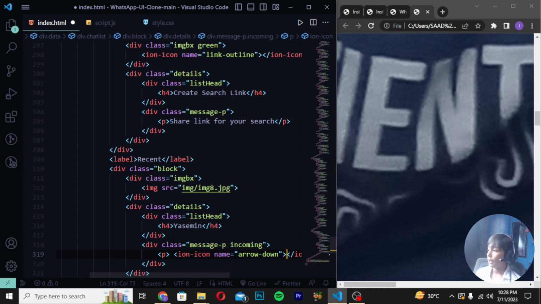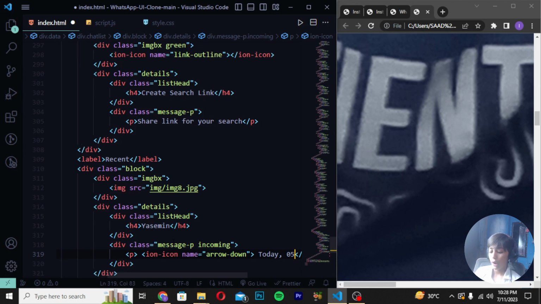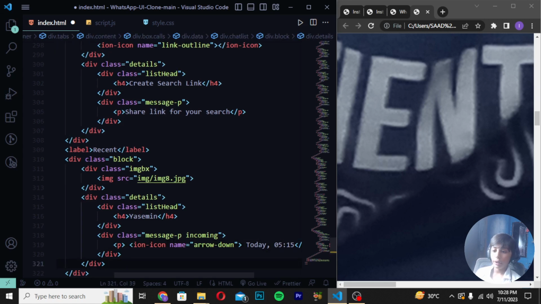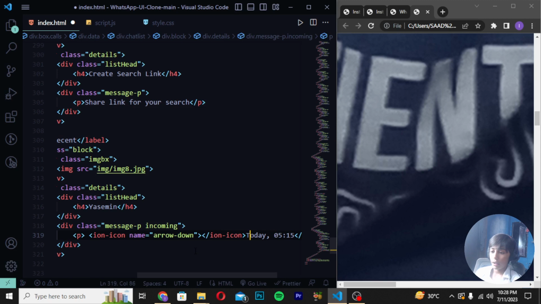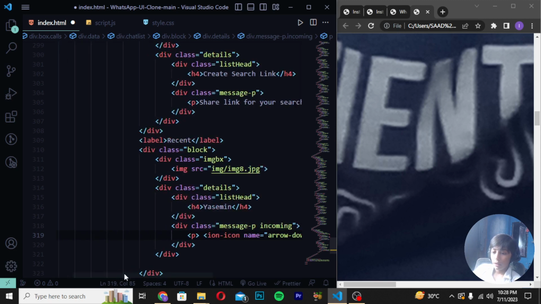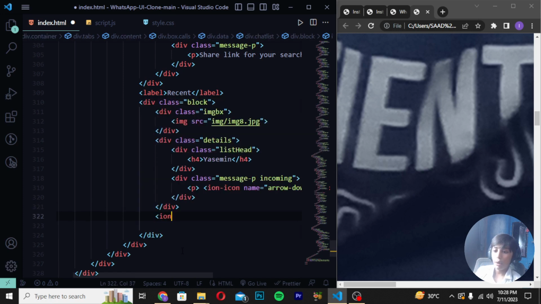and here we can write today comma 05 and 15, and what we can do till is done, and here we will copy it, erase it, and paste it, and paste it, and now what we can do till my work is done, and here I will press enter, and here I will write ion-icon,